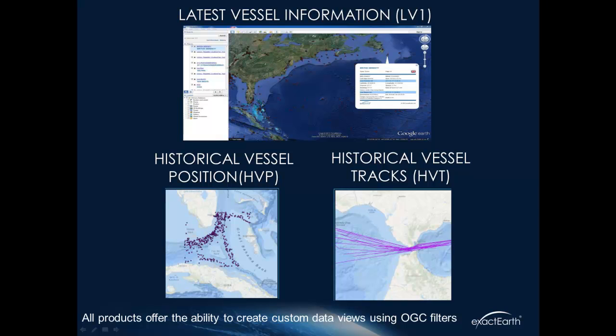All of these different products have the ability to filter, going back to the original premise of not wanting all the data. When we query these web services, we can pull back data based on our own parameters. So for example, I may only want to pull back the latest vessel information for all tankers that are flagged to Canada. Or I might want the tracks of just those vessels that have gone more than 20 knots in the Straits of Gibraltar. So I've got various ways in which I can parameterize my call. I can get this information back, again, getting my needles from the very, very large AIS data haystack.